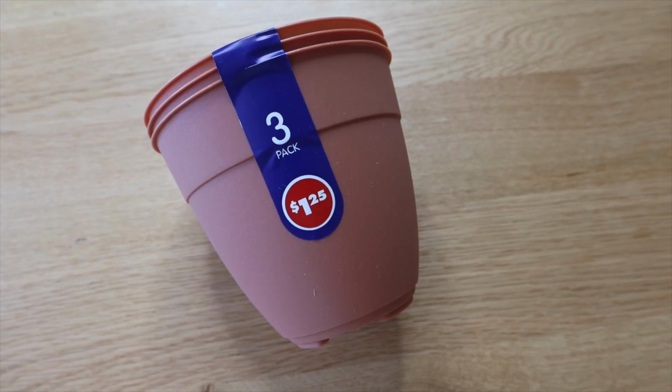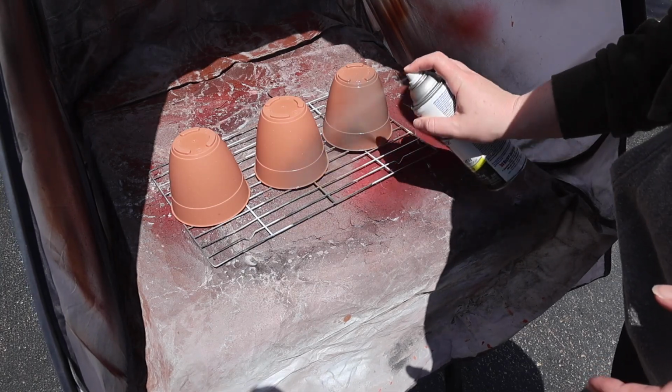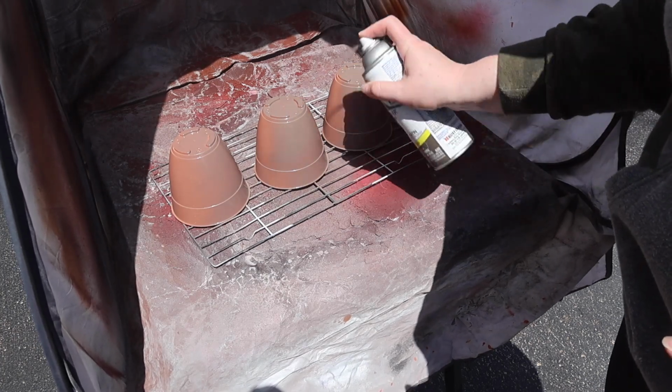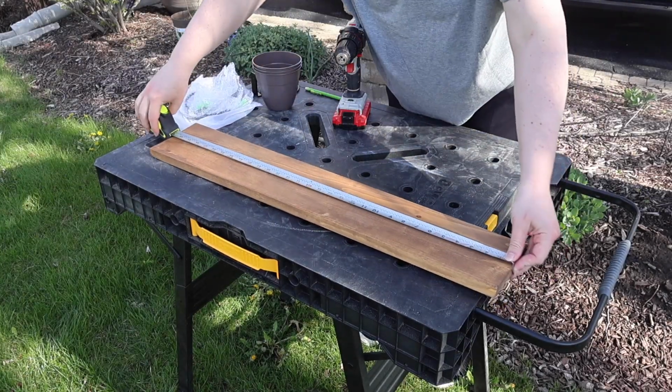I sanded and stained, and then I grabbed those pots. I spray painted them with the color London Fog, and it really just took the edge off. It made it more my vibe, but you could easily not have to do that for what we're making here. Then the next day, when my piece of wood had dried, I measured and did the center, and then I